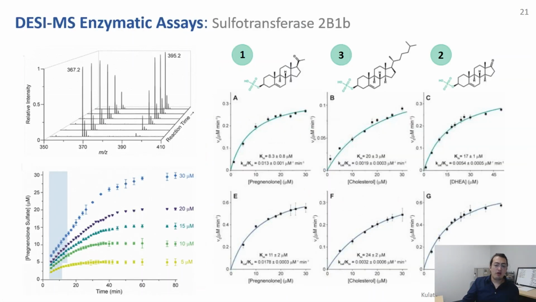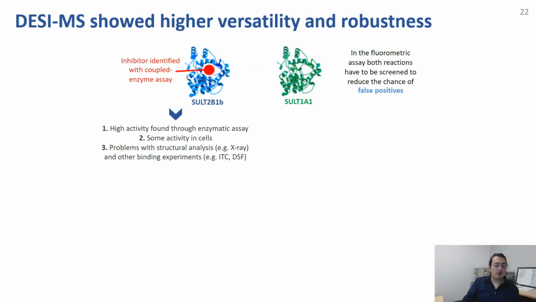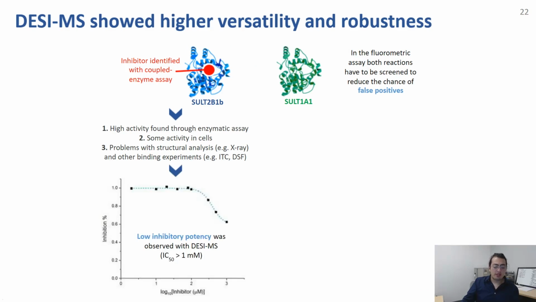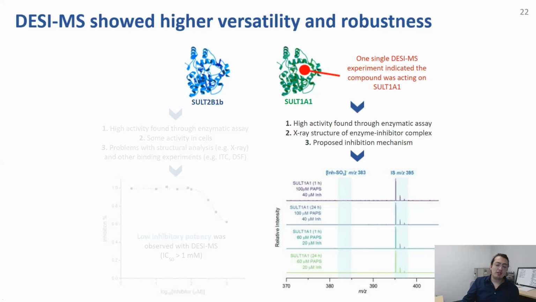especially in terms of affinities, finding that this enzyme has way higher affinity for pregnenolone than DHEA than cholesterol, contrary to what was found before. And we've been able to identify that inhibitors that were thought to be good inhibitors with this coupled fluorescent enzyme assay are actually not very good inhibitors for the enzyme that you want, but are good inhibitors for the other one. And so now using this method, we're trying to find inhibitors for the actual enzyme that interests us